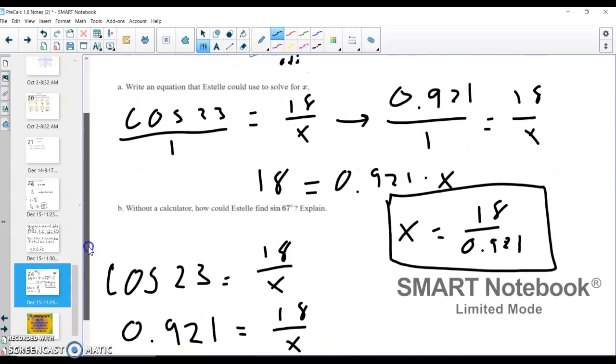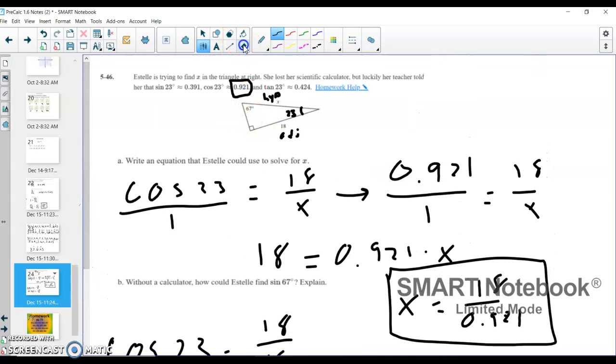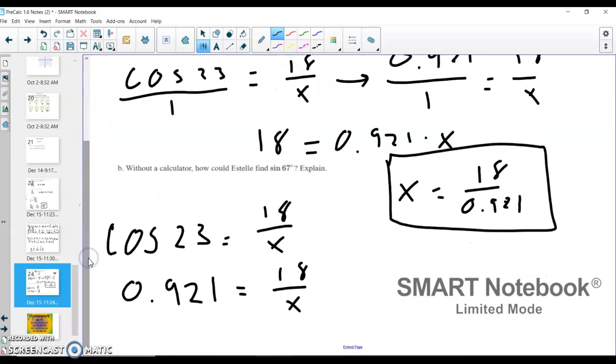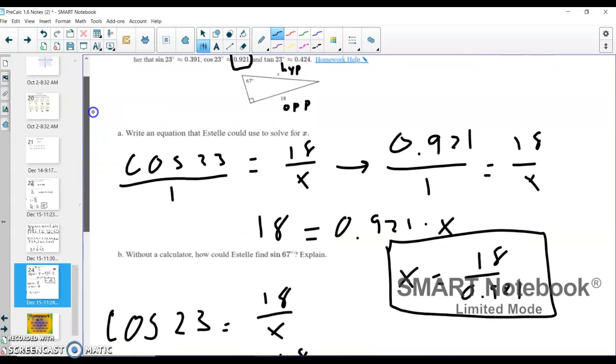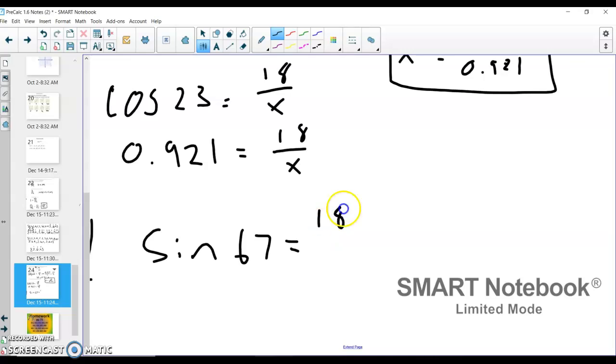Now if I want to figure out the sine of 67, I'm going to erase this and look at this angle 67. Well, that means the 18 is my opposite because it's across from my 67 now, and the x is still my hypotenuse. And so I can set the sine of 67 equal to the opposite divided by the hypotenuse, which is 18 divided by x,